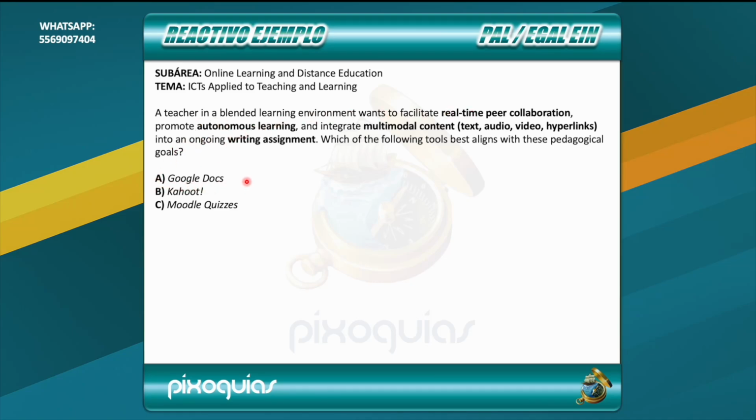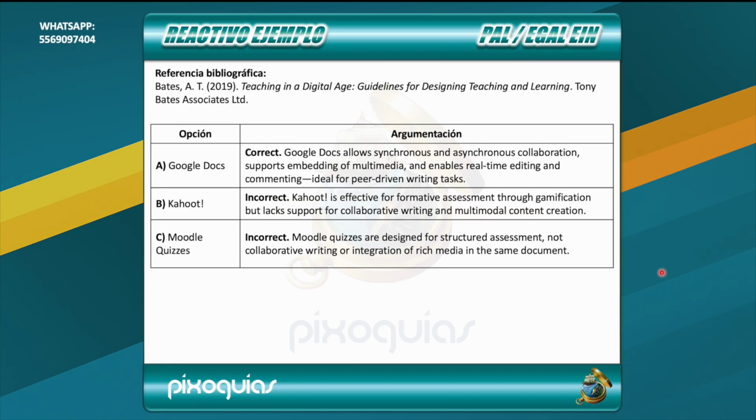A. Google Docs, B. Kahoot, or C. Moodle quizzes. Correct answer is A. Google Docs. Google Docs allows synchronous and asynchronous collaboration, supports embedding of multimedia, and enables real-time editing and commenting, ideal for peer-driven